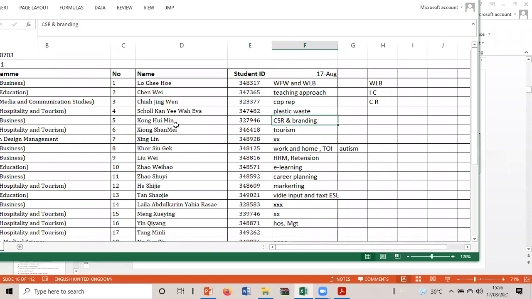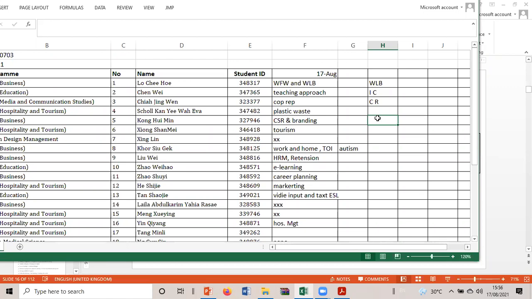Now, this particular one, Kong Hui Min: CSR and branding. Can you give me 2 words? CSR, how many words already? 3 words. So you're interested in CSR or branding?